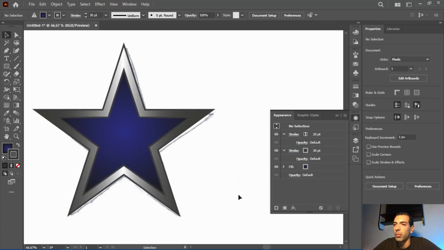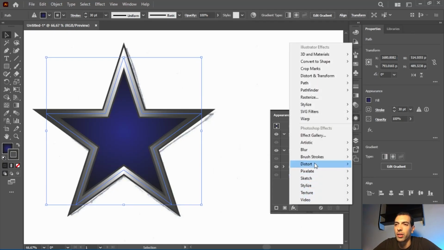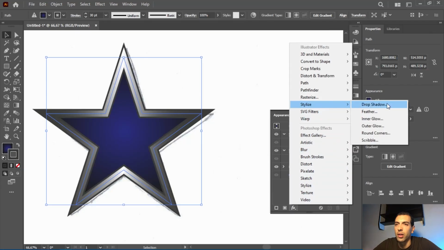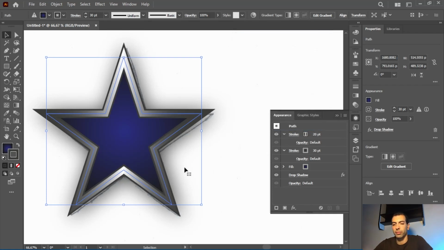One last thing I'm going to do, I'm going to add a drop shadow to the star. So I have to select the star, go to appearance window, click here, add new effect, stylize, drop shadow, opacity 75, X offset 7, Y offset 7, and blur 30 pixels. Click on OK. And now we have